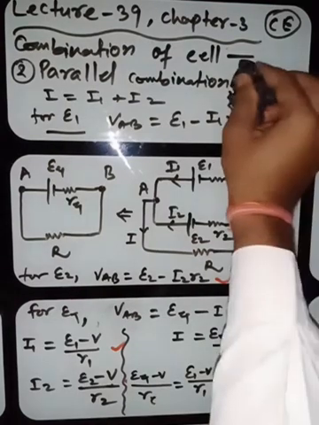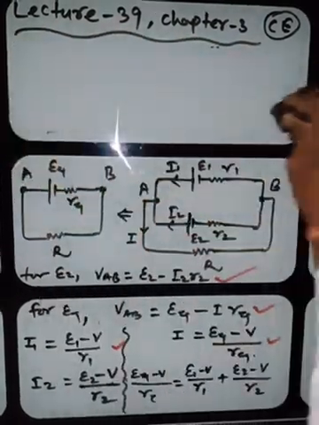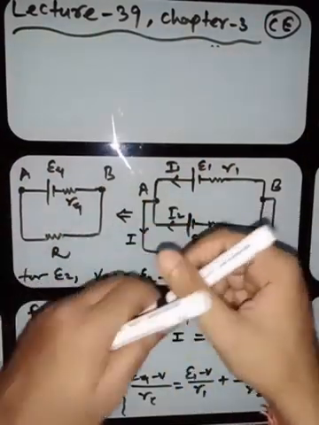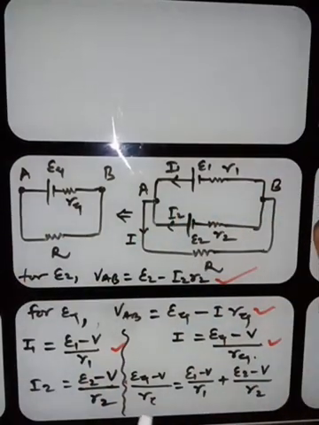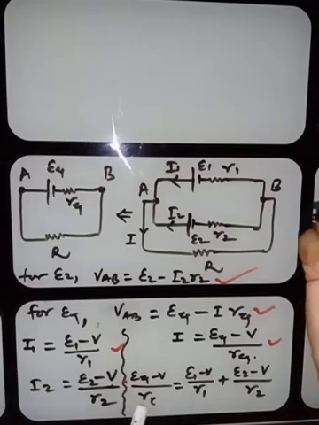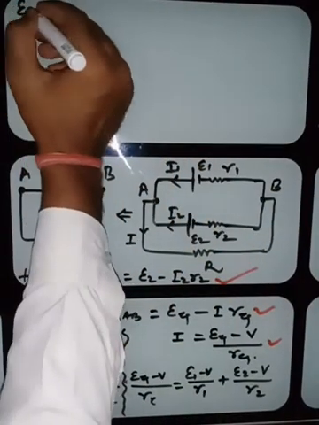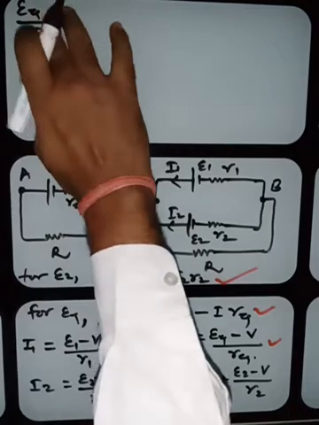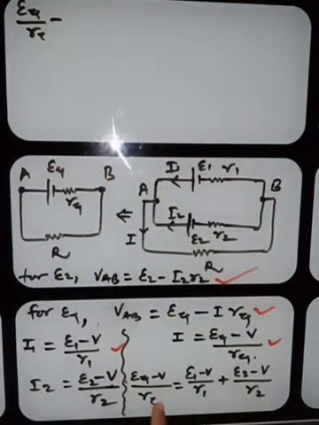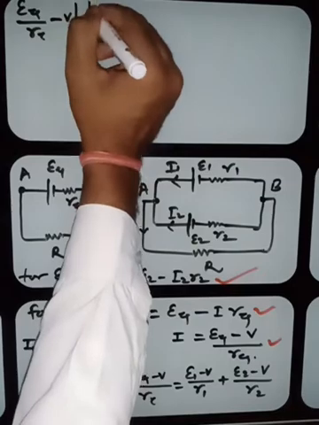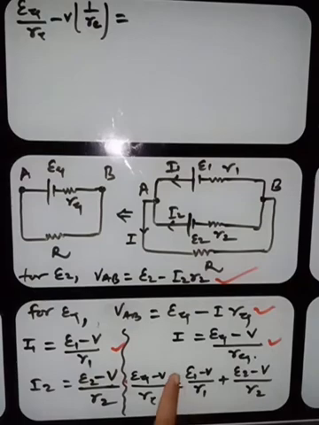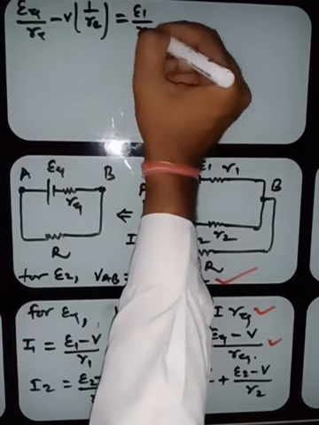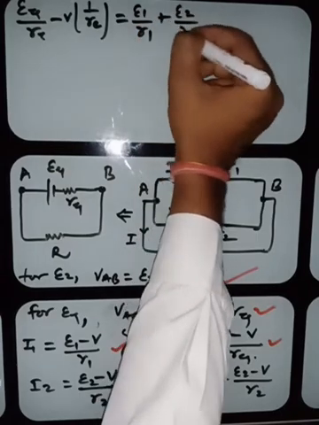Kindly note down, I am rubbing this. Okay. Let me rub this one also. Okay. Now this can be written as E equivalent by R equivalent minus V by R equivalent, or V times 1 by R equivalent, is equal to E1 by R1 plus E2 by R2,